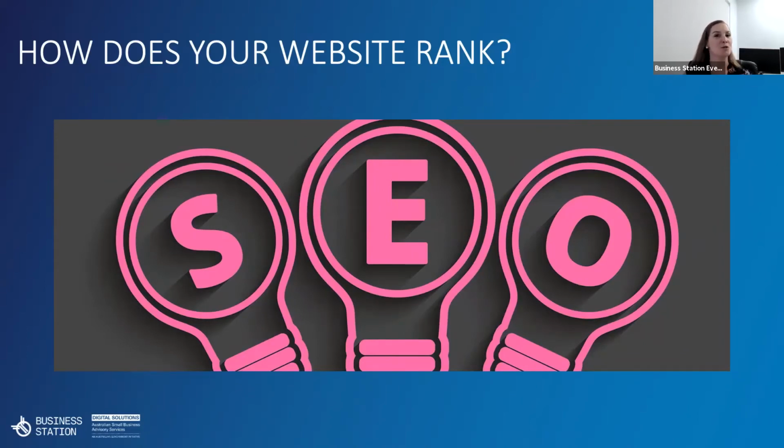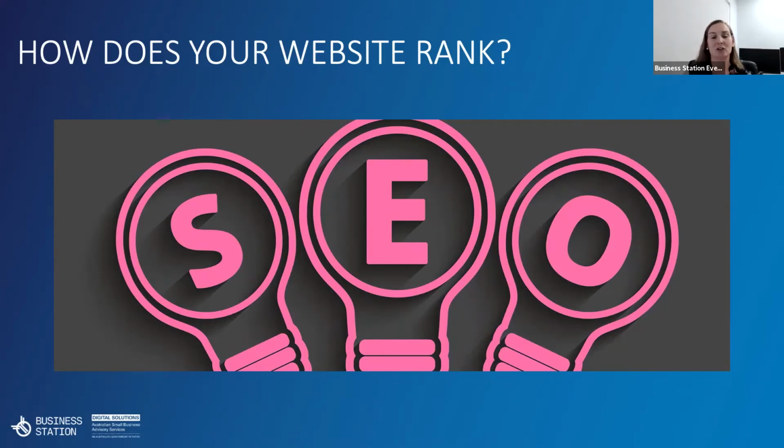It's said that there's more than 200. It does change and evolve. So things that you might have done in the past that resulted in top rankings, even a few years ago, might not be as significant today. So it's really important to continually be on top of your SEO and understand what algorithm changes there may have been.